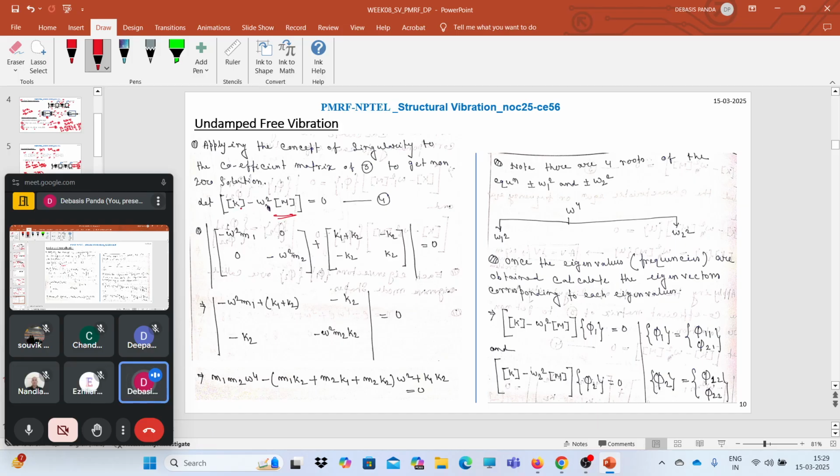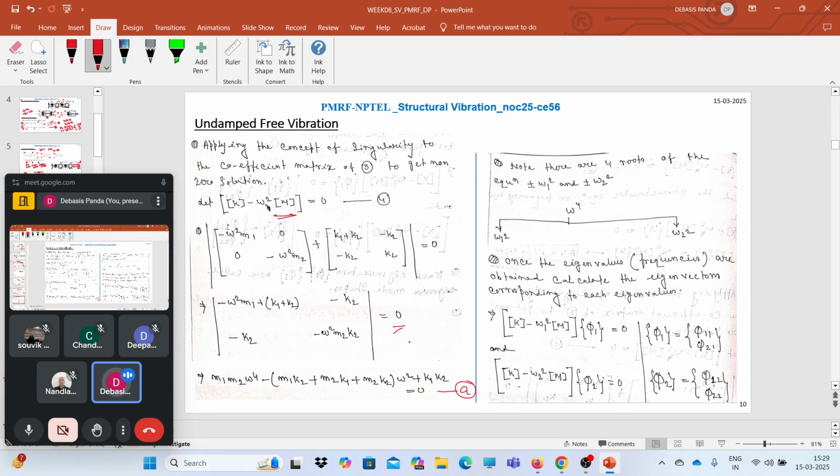What is the k matrix? K matrix is nothing but, as we have already found out, k1 plus k2, and the m matrix, m1 and m2. So if we simplify this and take the determinant, what we will have? The determinant of this part gives us this equation number a, like m1 m2. All of you know how to calculate the determinant. So m1 m2 omega square minus m1 k2 plus m2 k1,